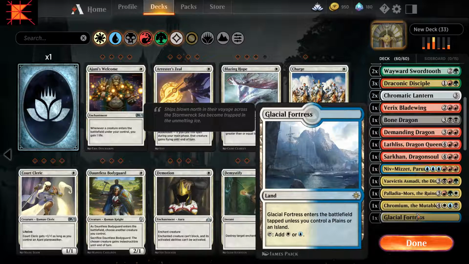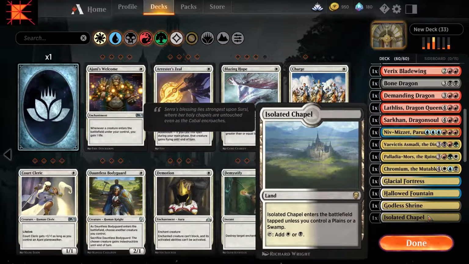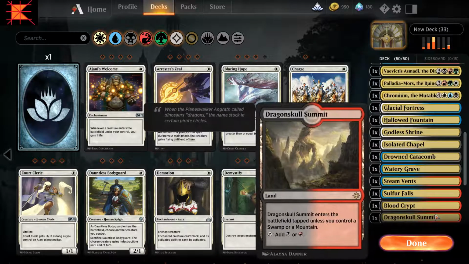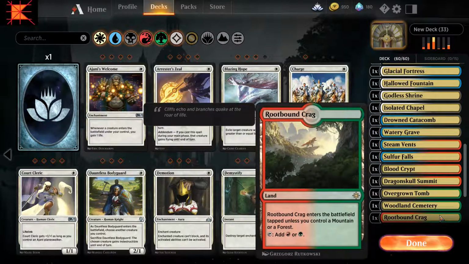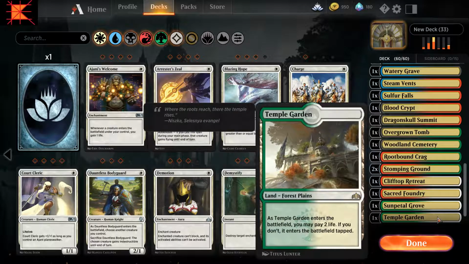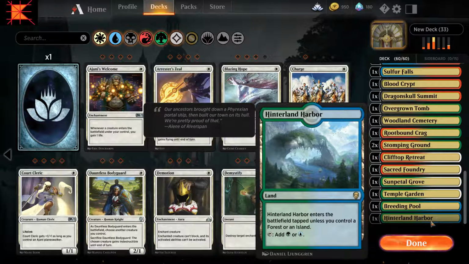Up next is the crazy assortment of lands. Okay. Leads off with 1 Glacial Fortress, 1 Hallowed Fountain, 1 Godless Shrine, 1 Isolated Chapel, 1 Drowned Catacomb, 1 Watery Grave, 1 Steam Vents, 1 Sulphur Falls, 1 Blood Crypt, 1 Dragonskull Summit, 1 Overgrown Tomb, 1 Woodland Cemetery, 1 Rootbound Crag, 2 Stomping Grounds, 1 Clifftop Retreat, 1 Sacred Foundry, 1 Sunpetal Grove, 1 Temple Garden, 1 Breeding Pool, 1 Hinterland Harbor, and